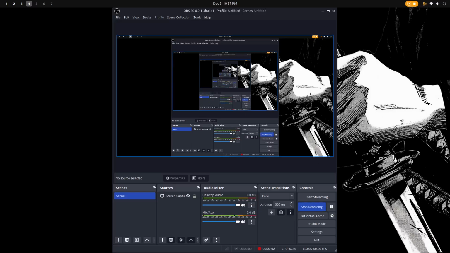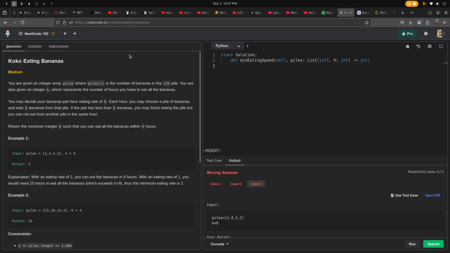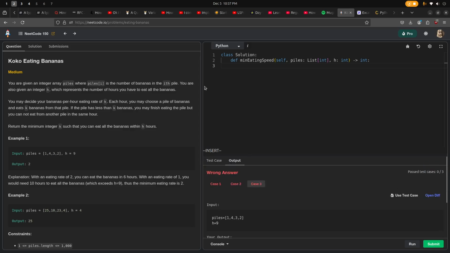Okay, so today we'll be doing some Leetcode because, you know, I need a job. But today we'll be doing Koko eating bananas, which happens to be, I think, a binary search algorithm according to Leetcode. As you can see, I have been struggling because I thought that